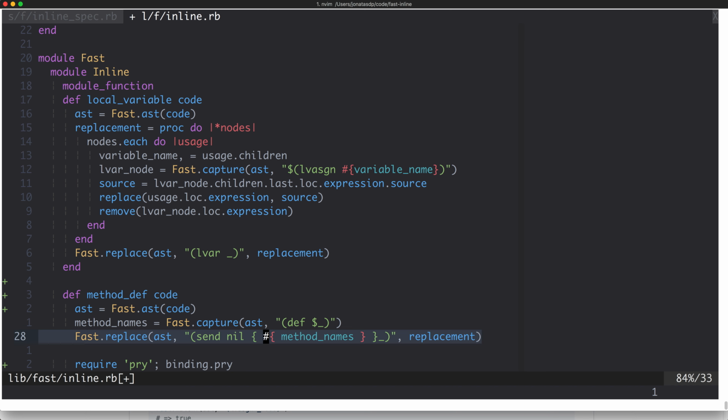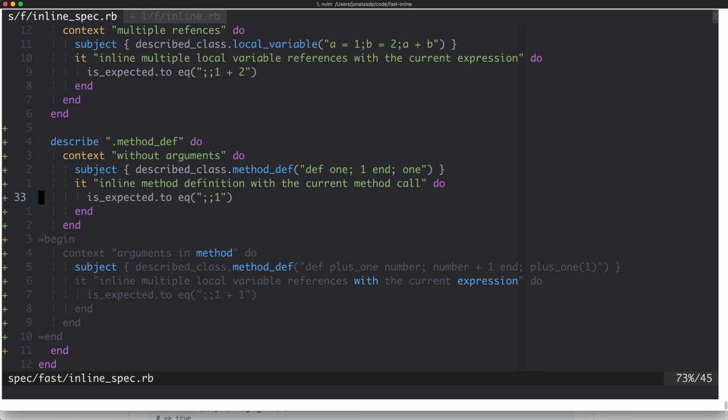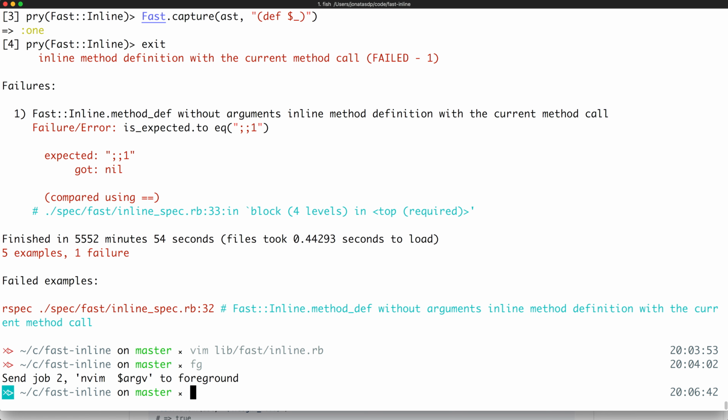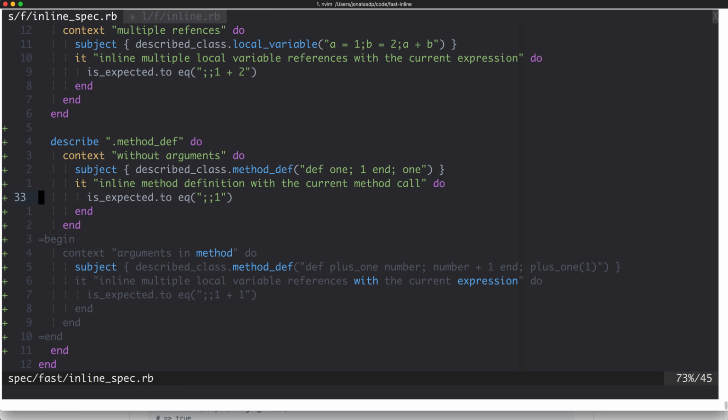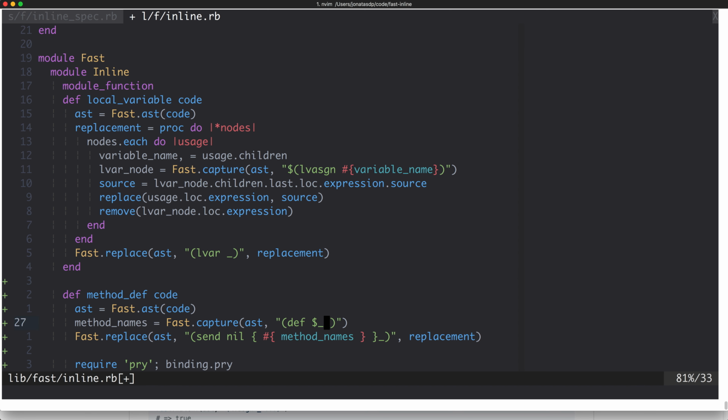So here is the first thing, and we are just capturing method names, but we could capture like method definitions, and also let's count that we are just covering simple methods for now. So what's the difference of simple methods? The difference is that args here is a node without anything, so we can just say args as well. So we can say that we are looking for some methods that have args like this, and